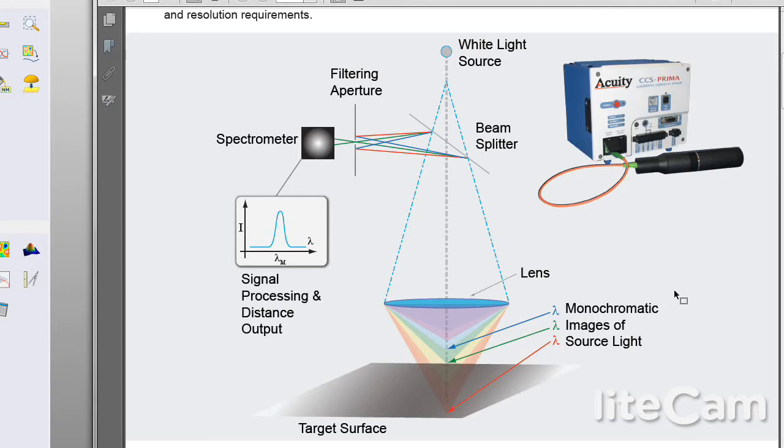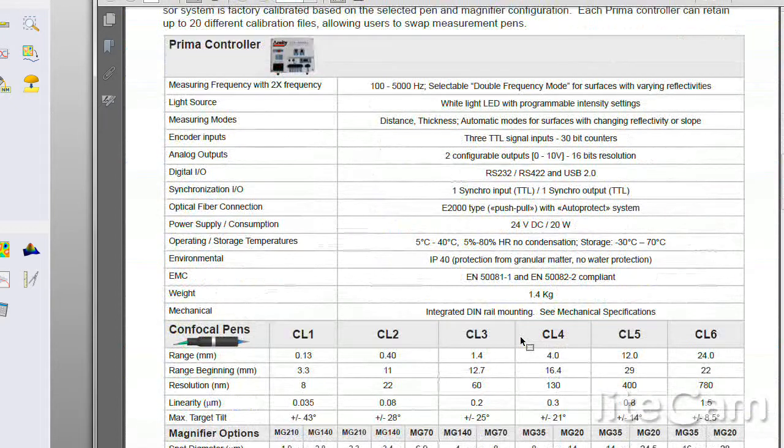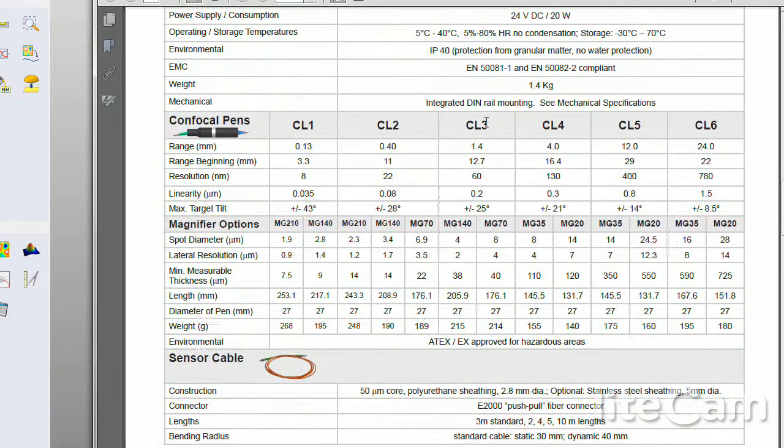The advantage of this technology is it's a very small spot size. It goes straight down and straight back up, so we can get into small holes, grooves, or pits, and it's very, very accurate. So in the application we're going to look at, the CL3 probe scan, which has a measuring